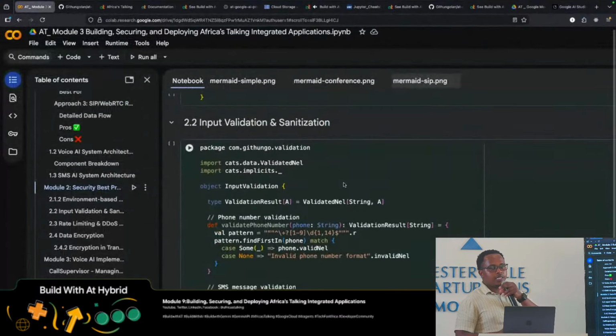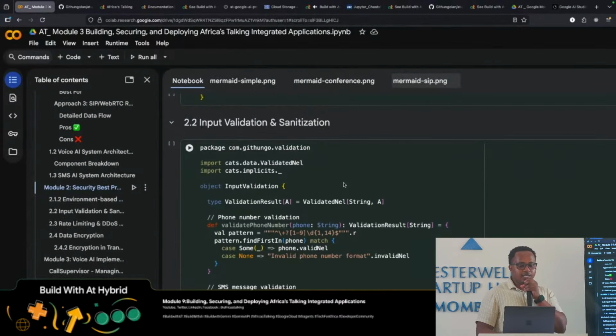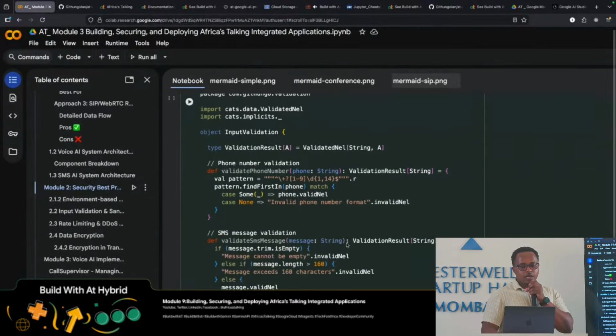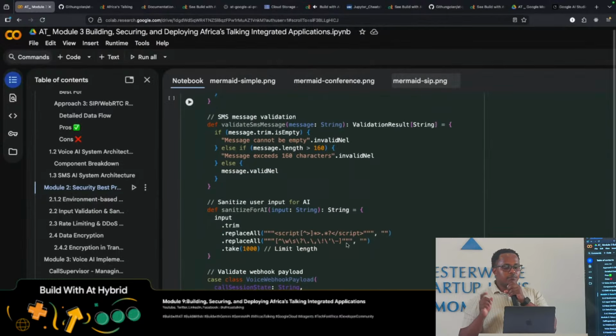Then, as I said, input validation and sanitization. All inputs that are coming from the users, you need to ensure that they are valid, and for some cases whereby you are sending sensitive information, you can sanitize your text in case people are inputting scripts or malicious texts. You can remove them